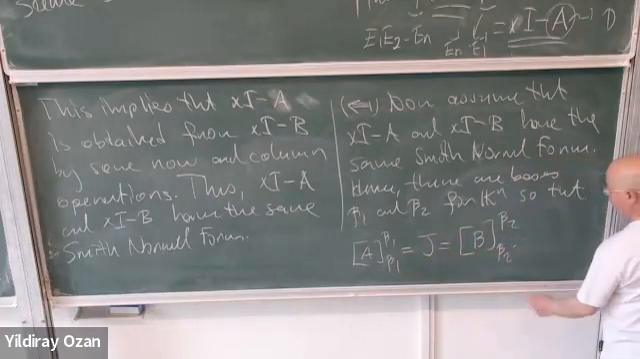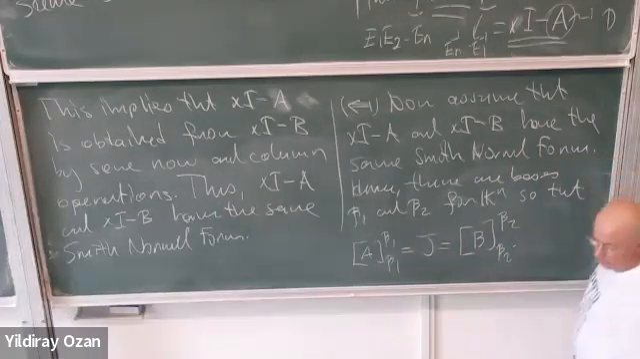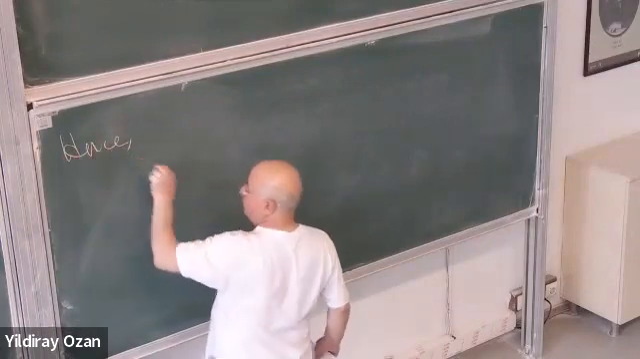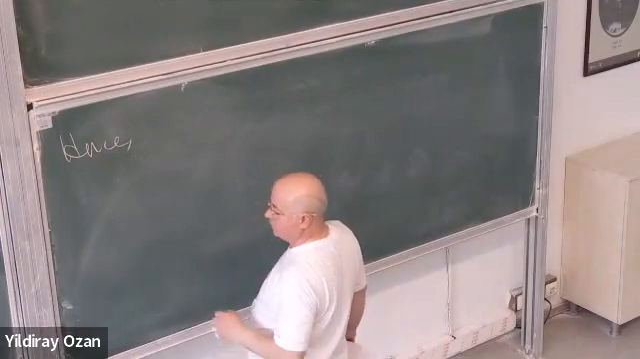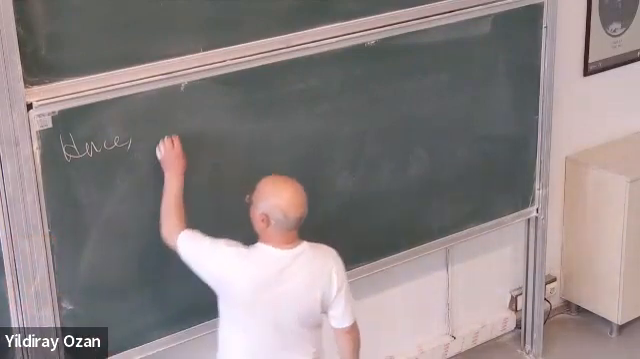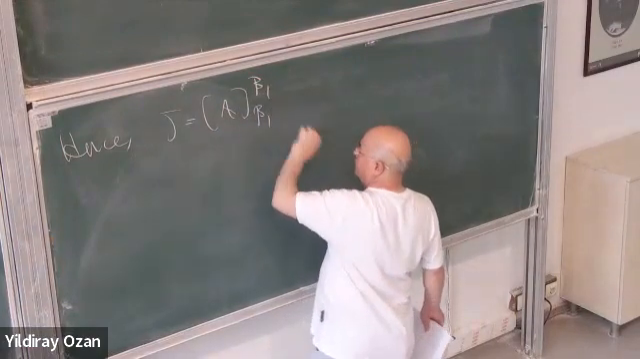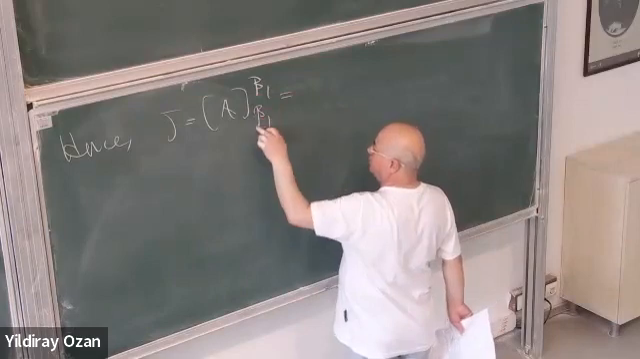So, okay, now the matrix representation. So J is equal to, this means what? This means, so if I write this in the basis,